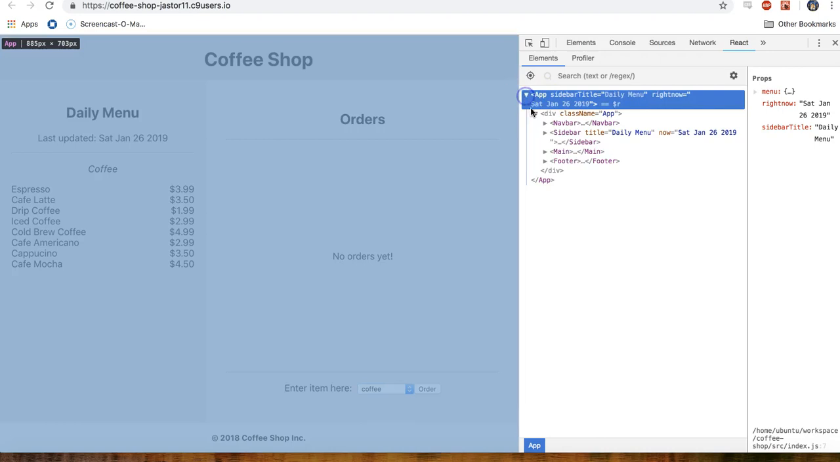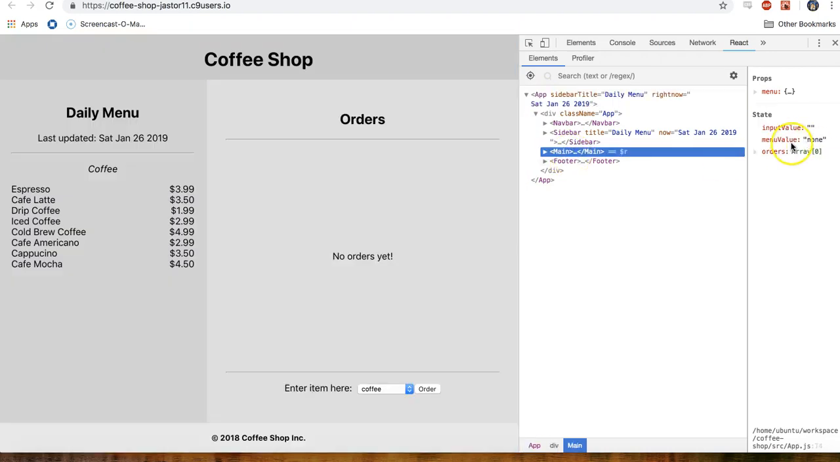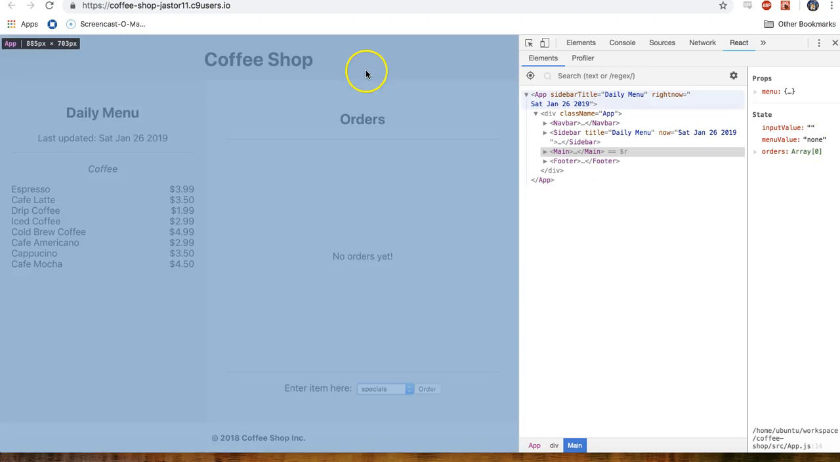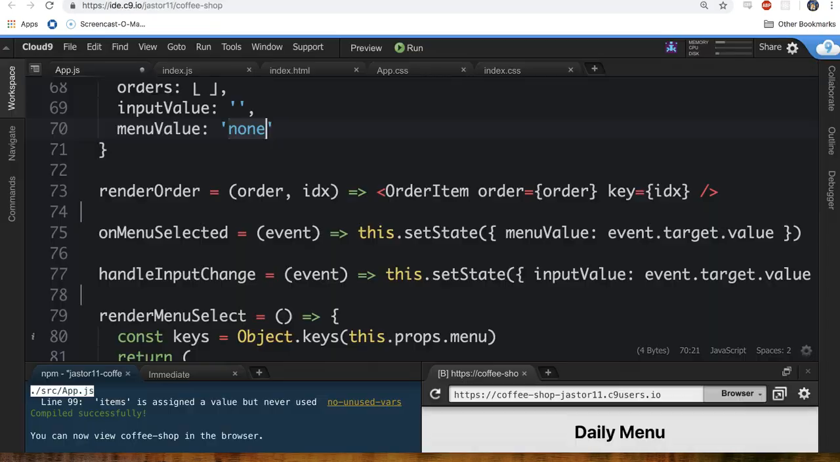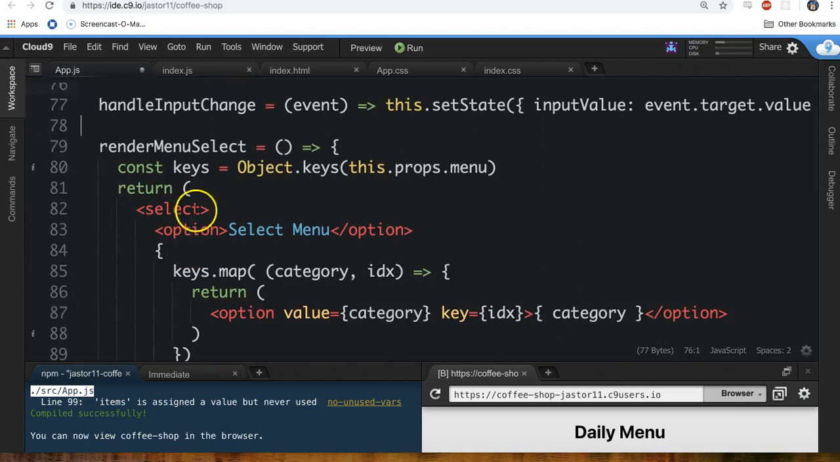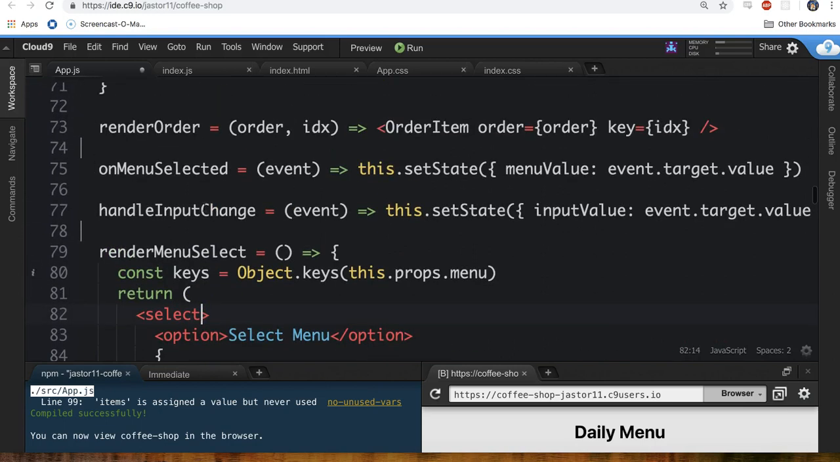Because if you actually look in your main component, does the menu value change if I change this to coffee or bakery or specials? It stays at menu value, right? So this is, again, known as an uncontrolled component. And what I was doing here when I created this onMenuSelected event handler is I want to pass it to this select right here. So I want to say, hey, this select should have a value equal to